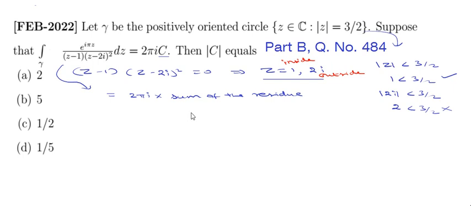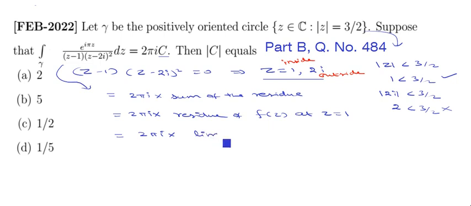So the integral equals 2 pi i into the sum of the residues. It is enough to find the residue of f of z at z equal to 1, because z equal to 2i lies outside. The formula is limit z tends to 1